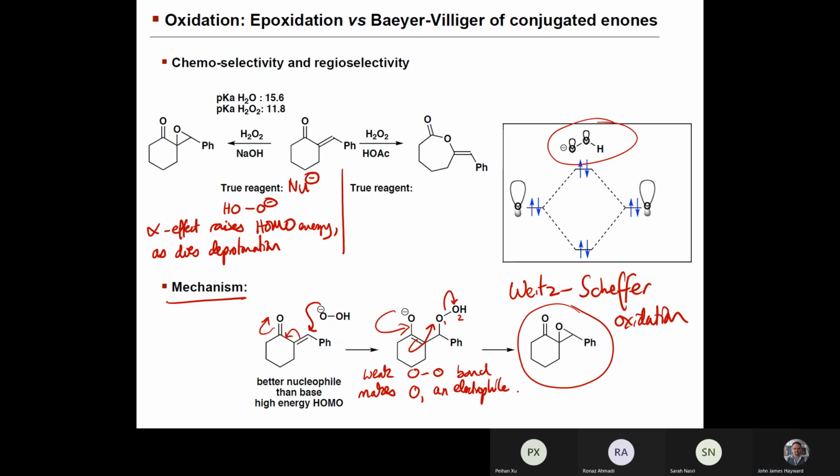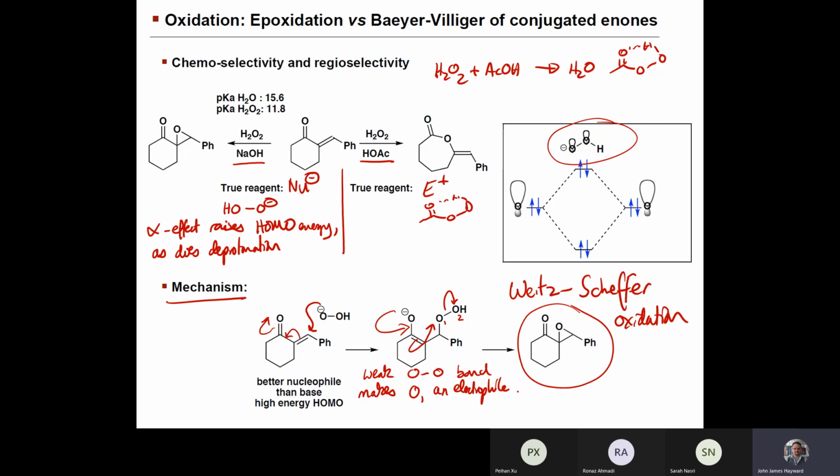Now, if instead of doing this reaction in base, we instead do it in the presence of acetic acid, what ends up happening is that H2O2 plus acetic acid gives water and peracetic acid. So the true reagent here is actually electrophilic, and it's actually, like I just drew up there,